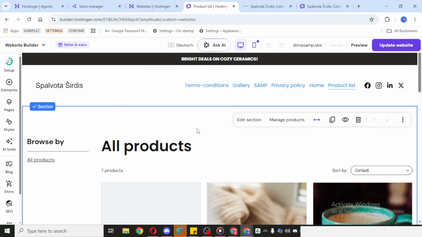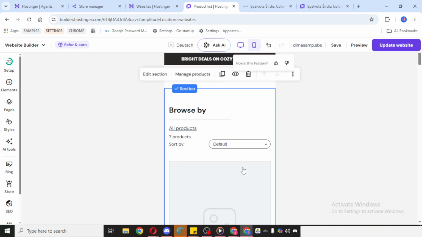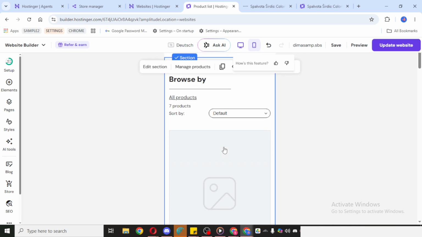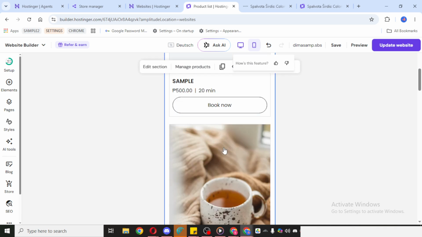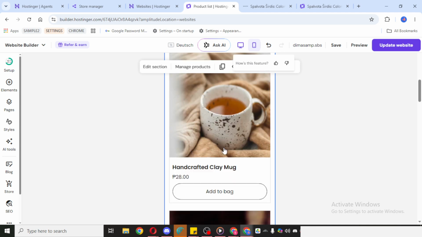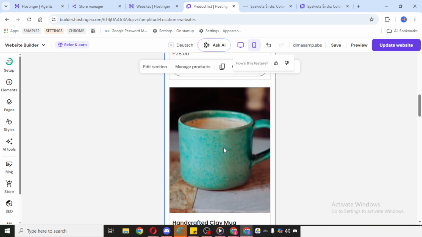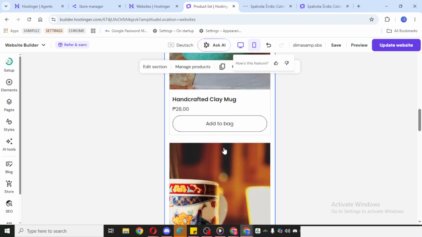When you're inside the editor, go to the top of the screen and click Mobile. This switches your view from the desktop version of the site to the mobile version. That way, you can preview how visitors will experience your page on a smartphone. This is the most important part of mobile optimization because it helps you spot anything that feels too large, too small, or out of place.